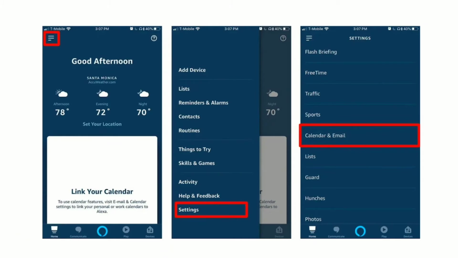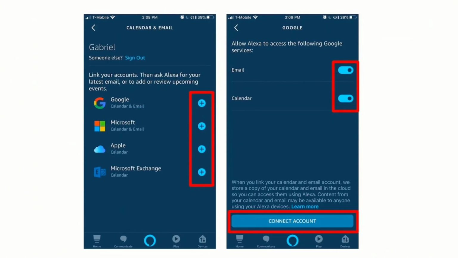Google Calendar, Microsoft Calendar, Apple Calendar, and Microsoft Exchange Calendar. And for this video, you just need to select any here. For example, if you want to connect your Google Calendar, after doing that, you have to toggle on this one, which are the email and calendar, and then click the